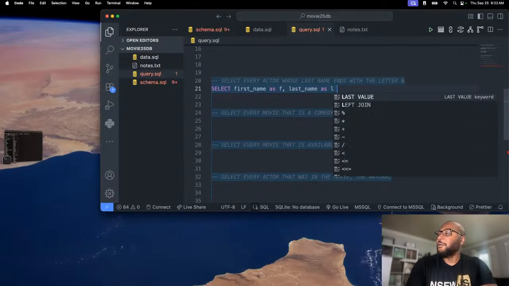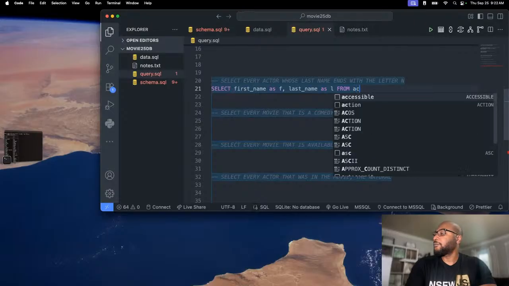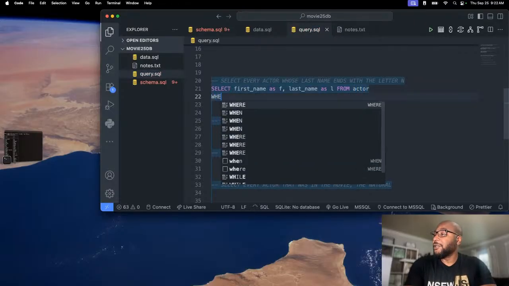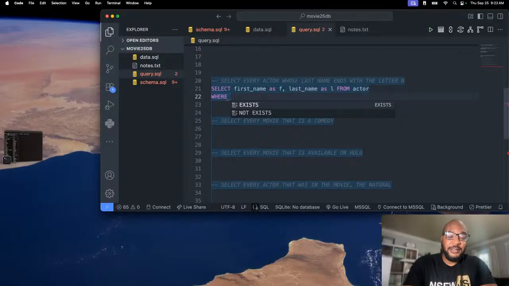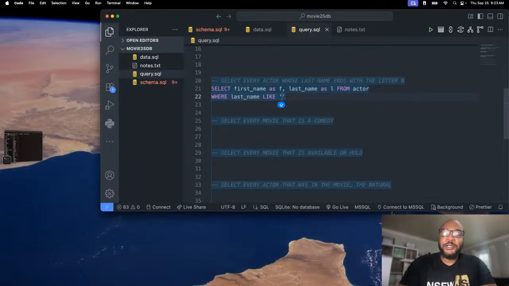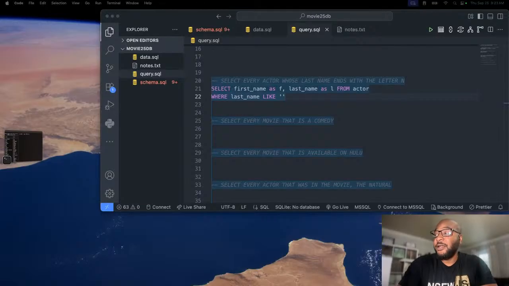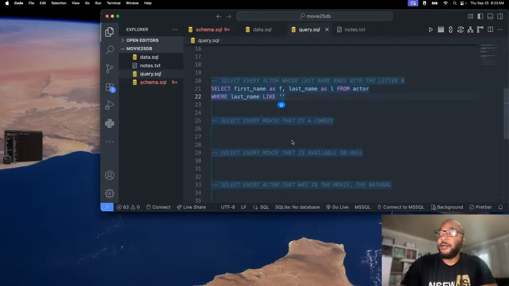From the actor table, and again, we're going to say where, because we have a condition that needs to be met, where the last name is like. And here, we're concerned about the last letter in the name rather than the first letter. I'm sorry. So we're concerned about the last letter. So here I'm going to say percent and N